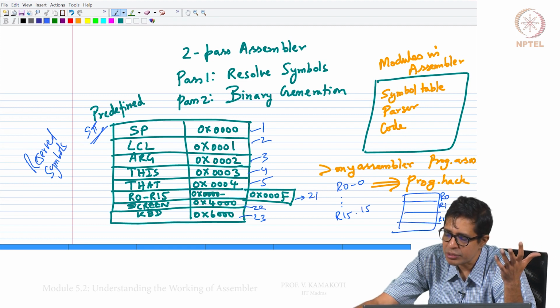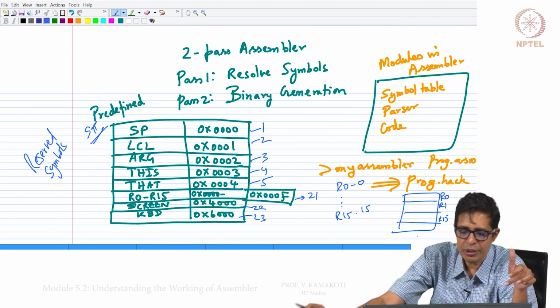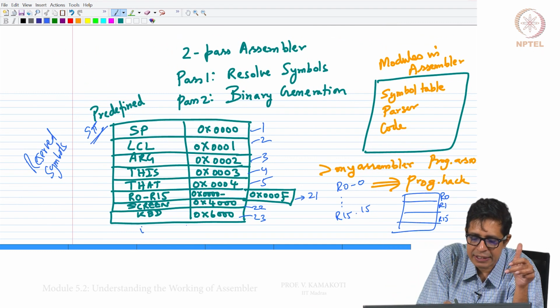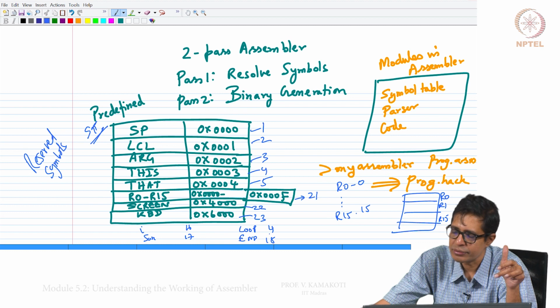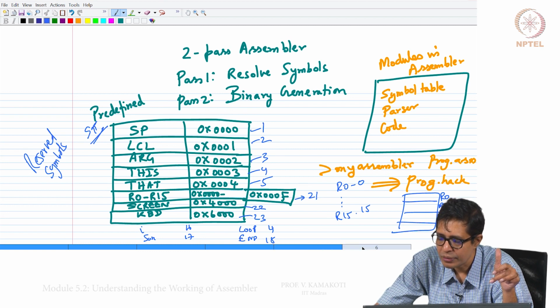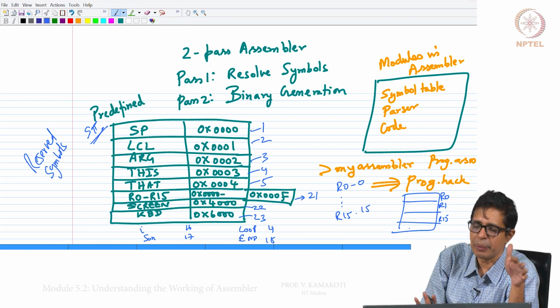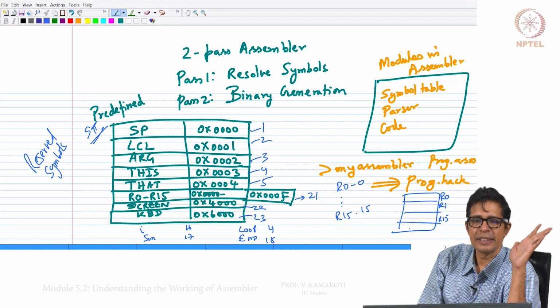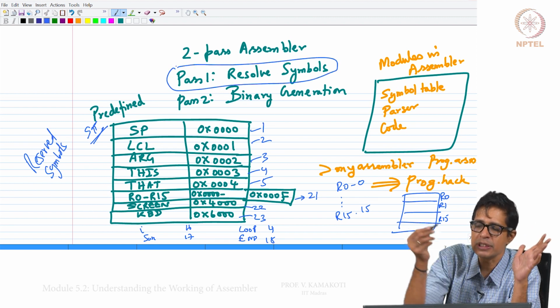In addition, for this particular program you would have created 4 entries beyond this. So, I is 16, sum is 17, then loop and end are 4 and 18. So, the symbol table now will become 27 entries, right. So, this is what you do in pass 1 where we resolve symbols.